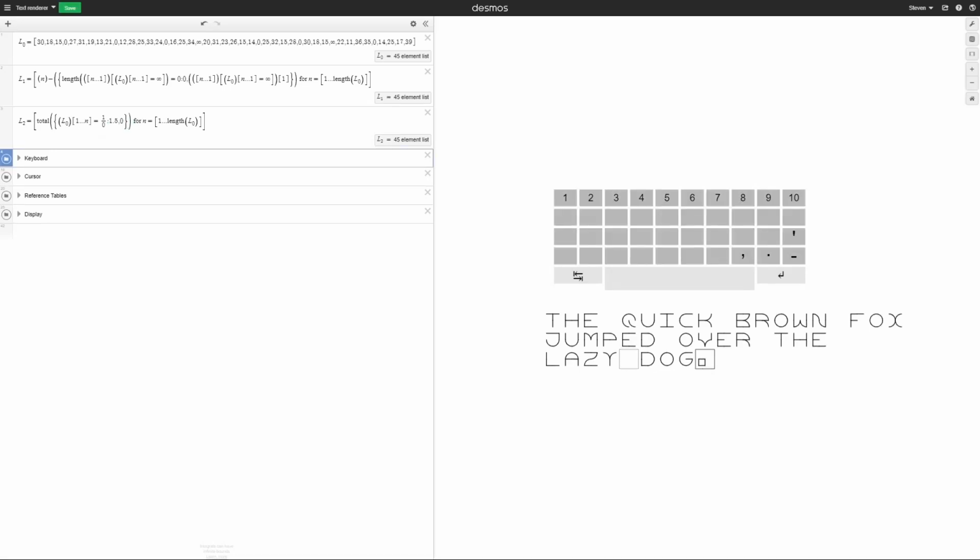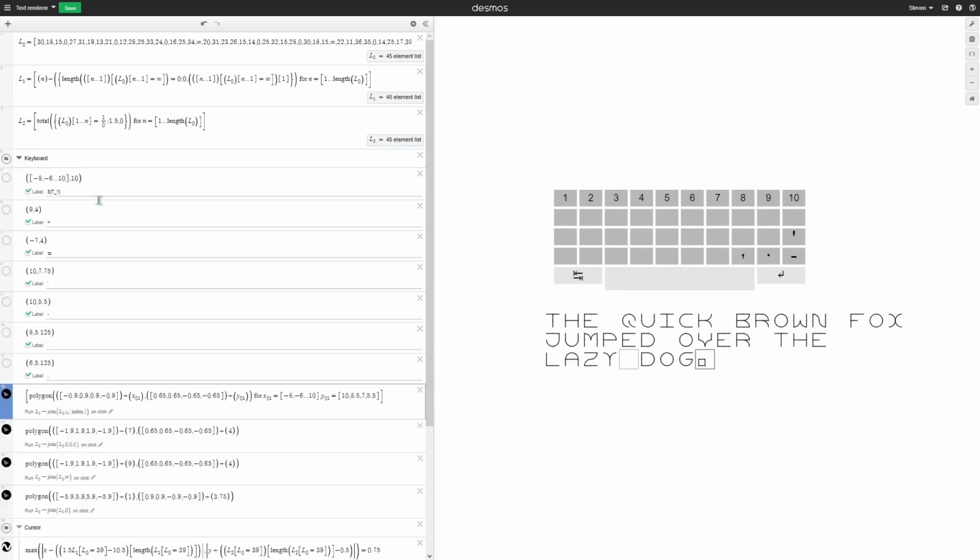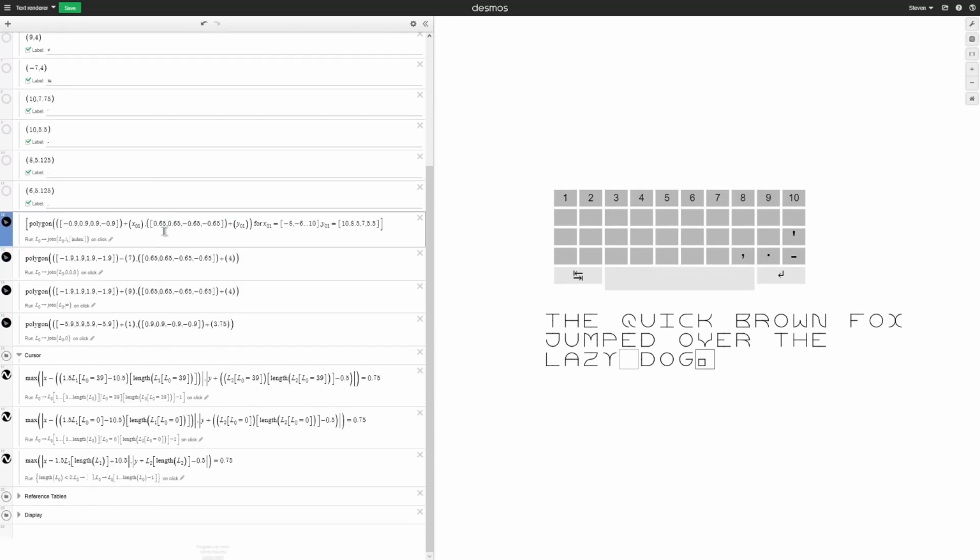Let's start with the keyboard and cursor. The main part of this keyboard uses what's known as list compression. I'll leave all the documentation in the description, but essentially it just makes a grid of keys that you can use. These other buttons are the side buttons, such as the spacebar, tab, and enter keys. Although the cursors look very complex, the way they work is actually very simple. The third function is what's used to delete individual characters. It's simpler than the other two.